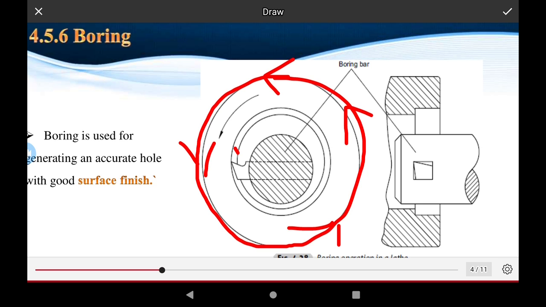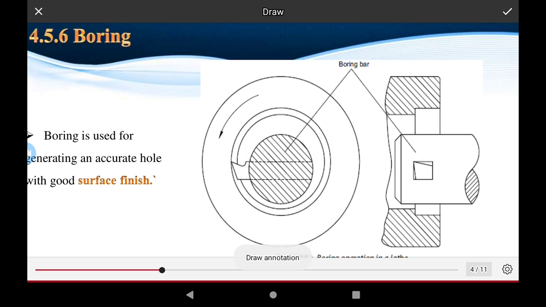This is the face of the tool performing work on the workpiece, and this point is the cutting point of the tool. The tool tip performs the work on the internal surface of the hole. This is the feed rate set for the tool, and suppose